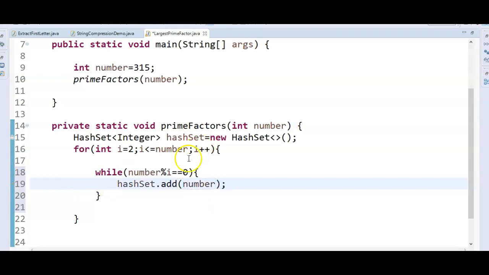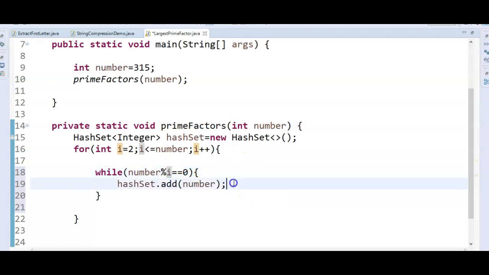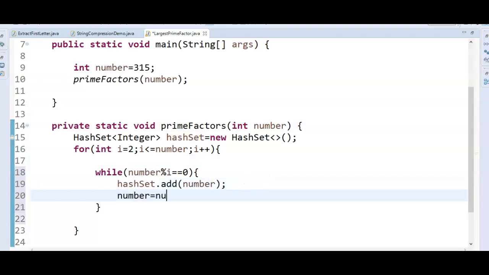So when a number is divisible by i, then we say that it is a prime factor, and then we'll add that number to the hashSet. Okay. So finally we'll print, and one more condition is missing: number equal to number by i.